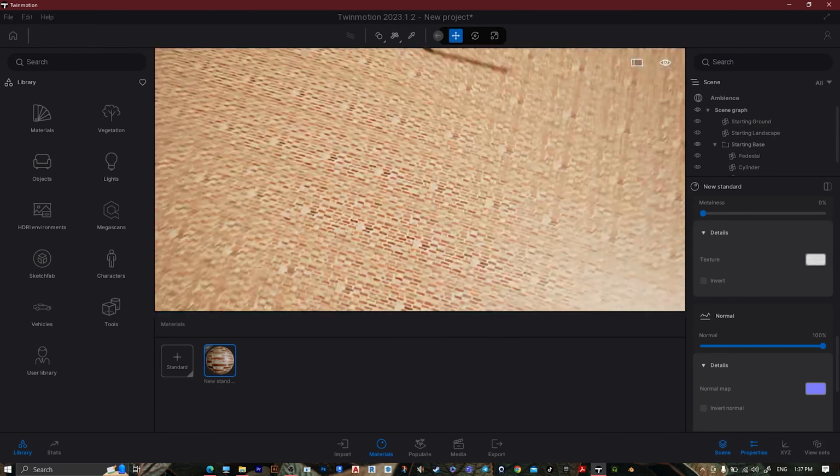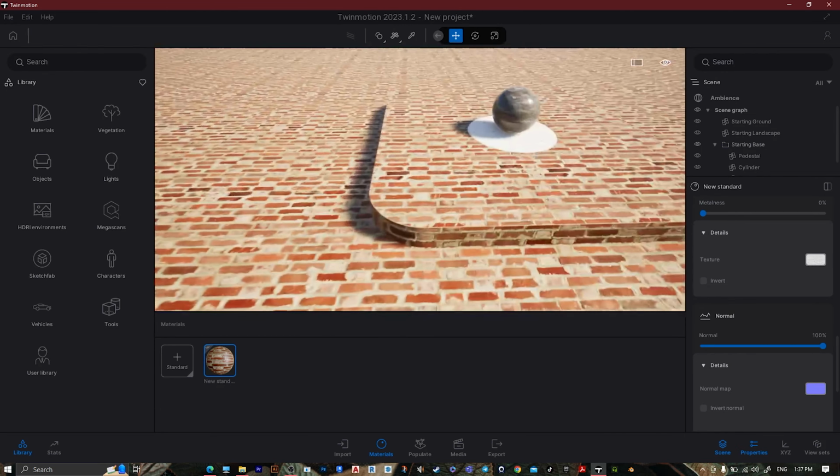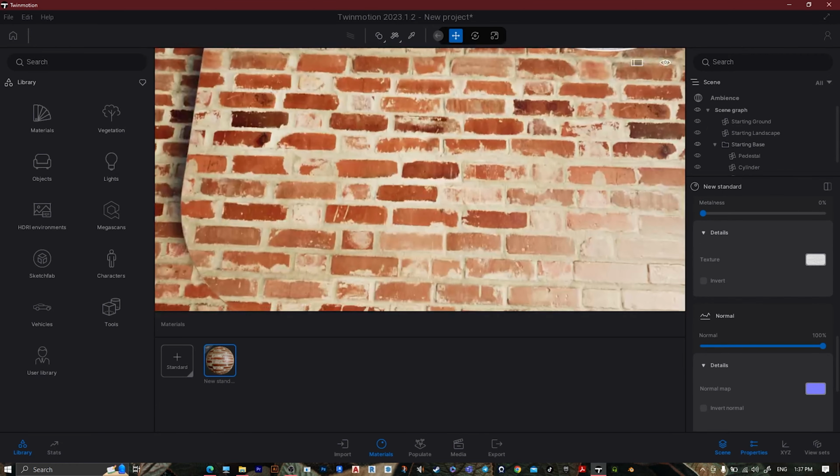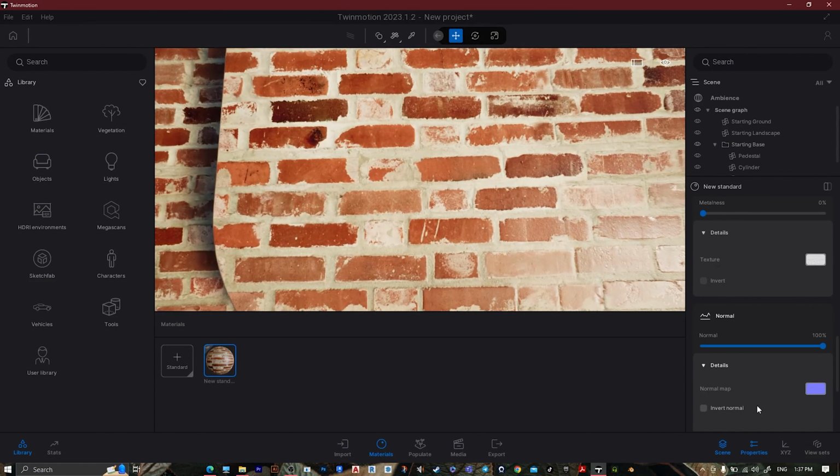And here is your material. Go to roughness,